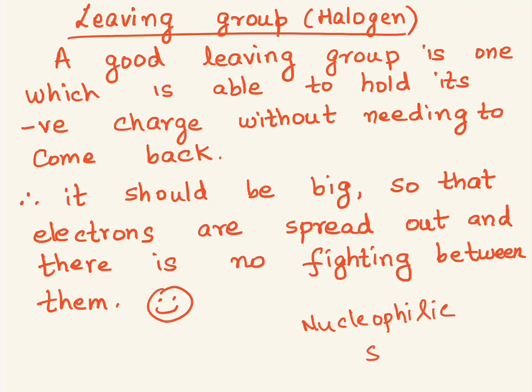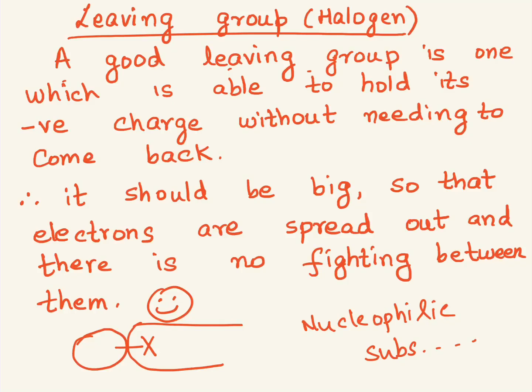So once the fundamentals are in place, you don't need to worry at all. What would be a good leaving group? Let us suppose that this is a big family and this halogen has to leave from here. This halogen will leave only if it gets its share of the electrons, right? Because it says I cannot survive without those.